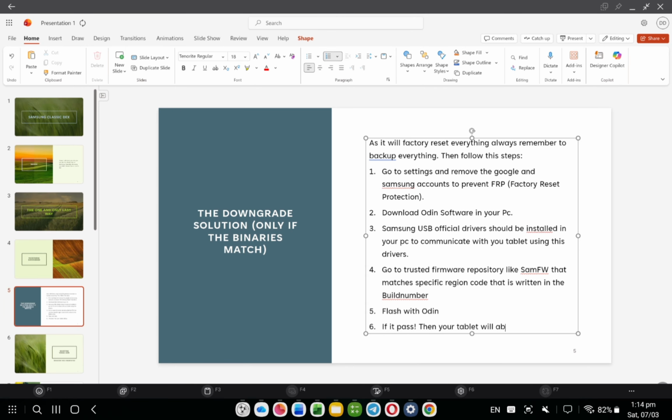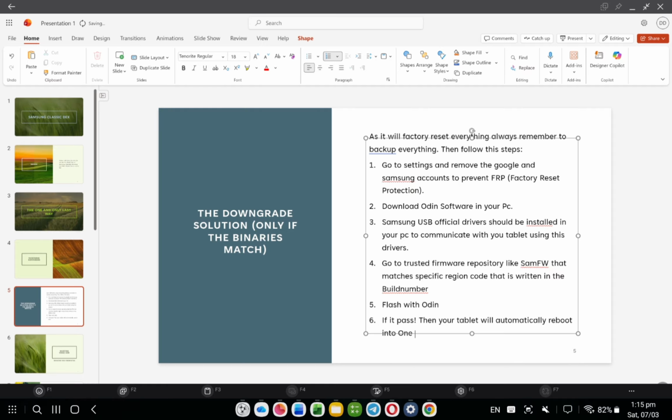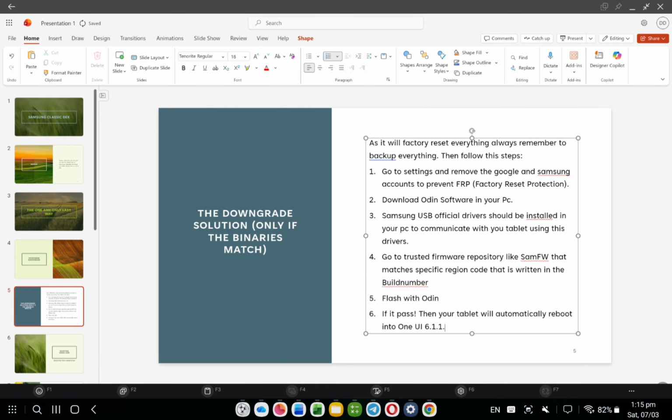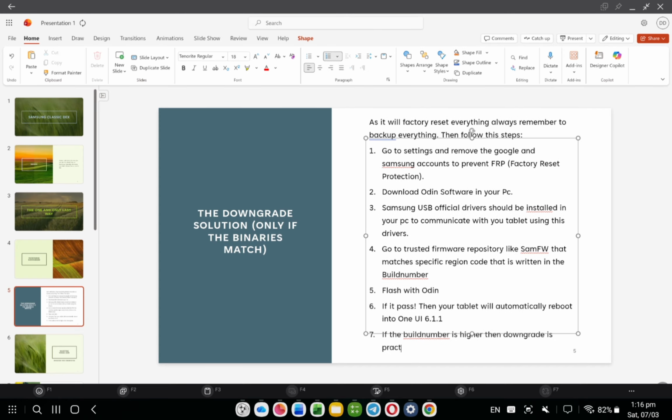I have told you that the number after U, say U1, U2, U3, when it matches, then only you can downgrade. But when the build number is higher,